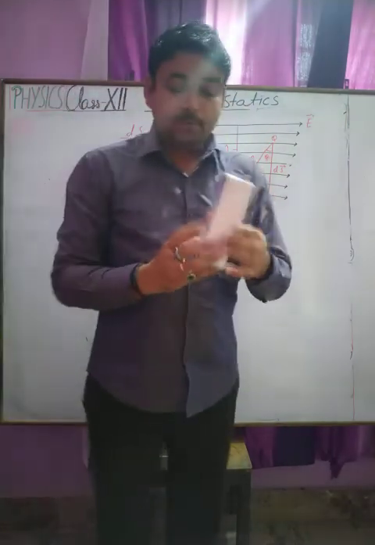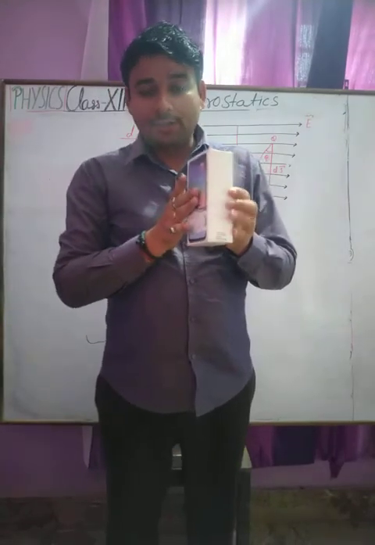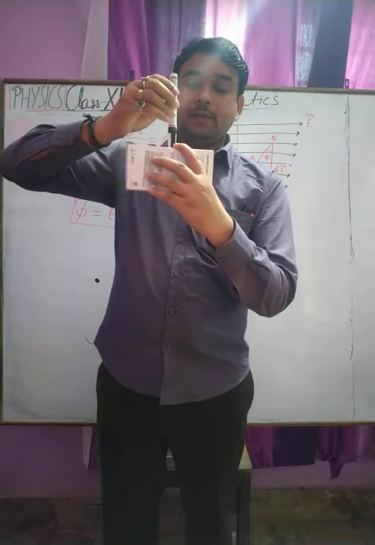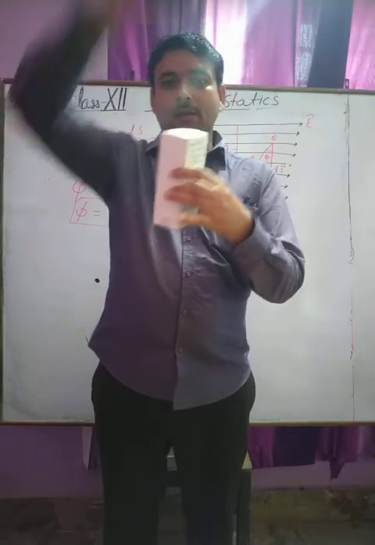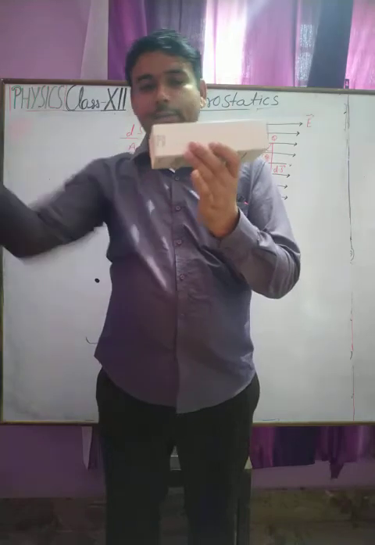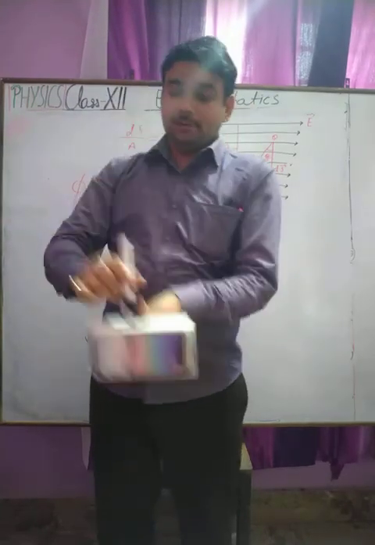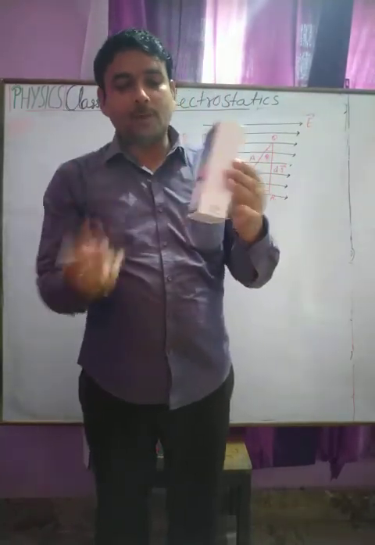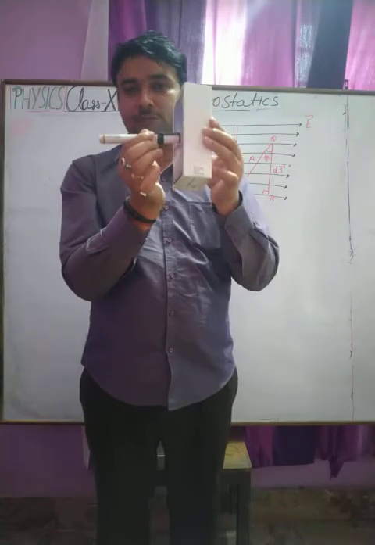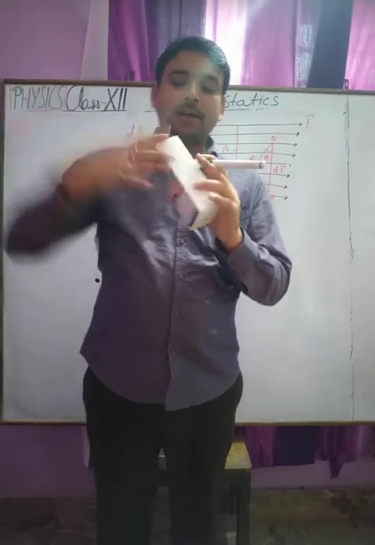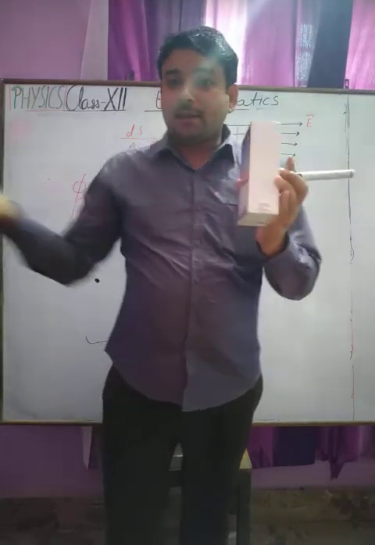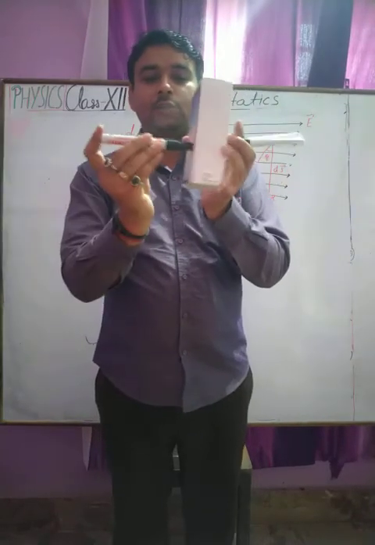Now the area vector linked to this surface is like this, perpendicular to this surface. For right side it is outward, and for the back side like this, and for downward like this. So you all understand that the area vector is perpendicular to the surface. Now we have the area vector at this point and an electric field is moving toward it and linked to this surface.